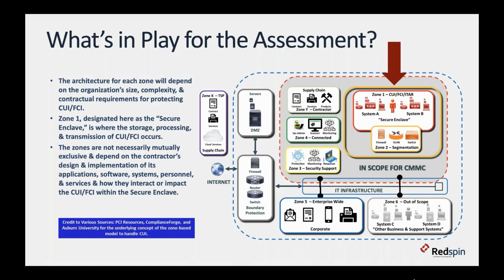They can commingle. Once again, it all depends upon your organization. But as you can see in that red arrow there, that red box, that's what I call ground zero. That is where all the sensitive data is happening. All the CUI is happening. The other zones are designed to either protect the data from unauthorized access or to ensure access to authorized users